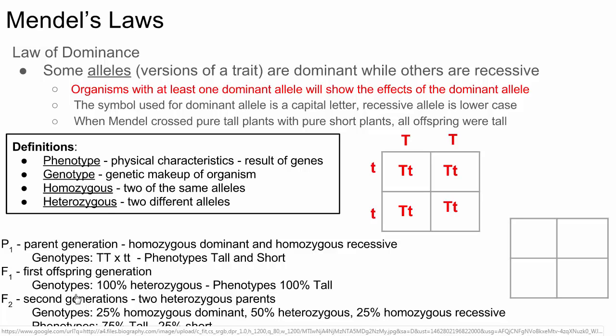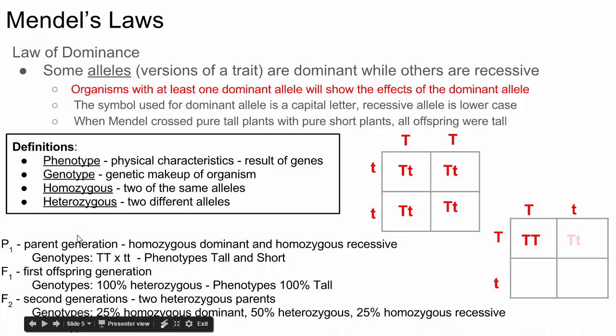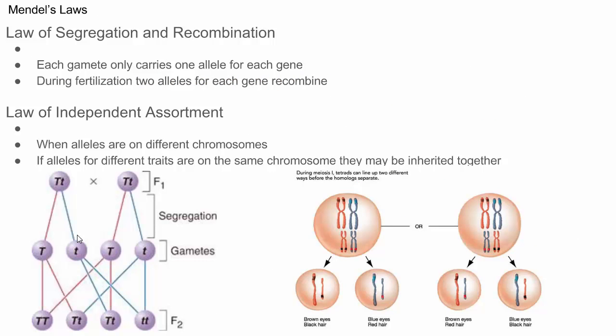And what Mendel found is when he crossed these heterozygous plants, they always produced the same ratio, okay? That 75% of the offspring were tall, and 25% of the offspring were short. When we do the Punnett square, we see that's what we would expect. If you cross 100 plants and produce 100 offspring, about 75% of them are going to be tall, and 25% are going to be short. So that's Mendel's first law, the law of dominance: the dominant allele shows up and covers up the recessive allele when they are inherited.